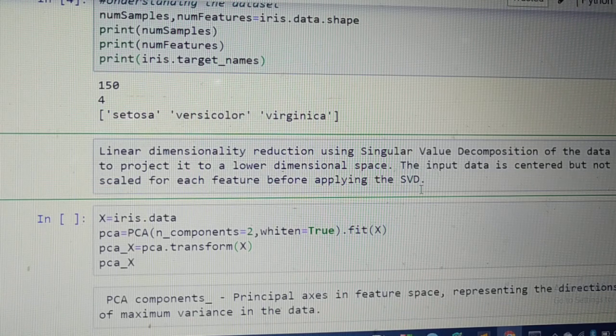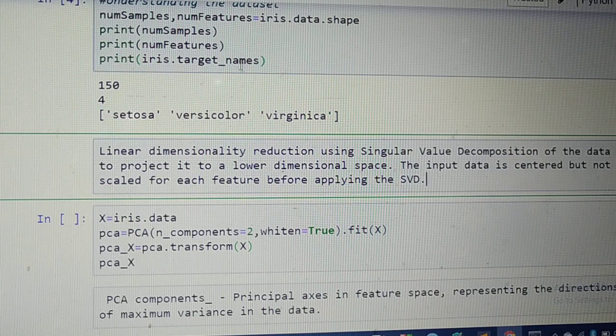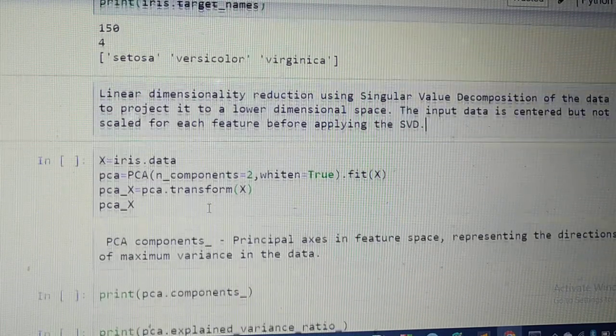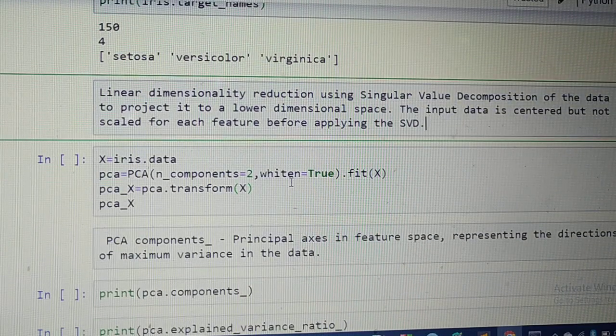Next we will try to apply PCA on this data set. So what exactly is PCA? It is a linear dimensionality reduction using the SVD of the data to project it to a lower dimension space.